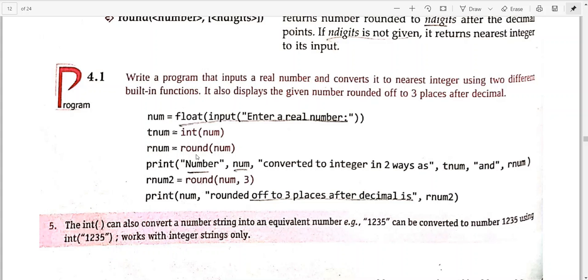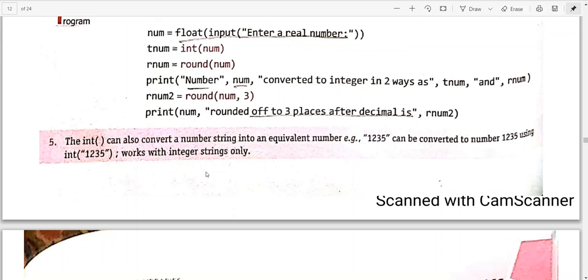Okay, and through this round function, you are rounding off the given number. The number that you have taken from the user will be rounded off using this round function. Okay, so we are trying to print what you can see. The output is given on the next page, so I will show you simultaneously when I demonstrate it further. So firstly, number and num.